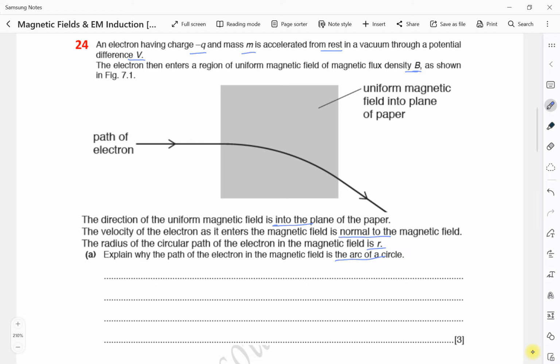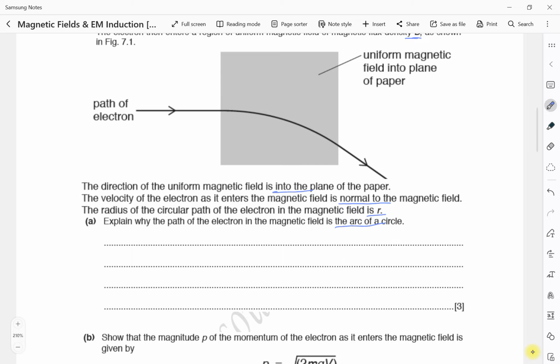Because the magnetic force is constant and always perpendicular to the direction of the particle, the magnetic force does not change the speed. It simply changes direction. Therefore, it causes a centripetal acceleration, which is actually a centripetal force. The speed does not change, so there is no work done. Therefore, the magnetic force does not do work, but simply provides a centripetal force. Because this is 3 marks, I will simply say the magnetic force